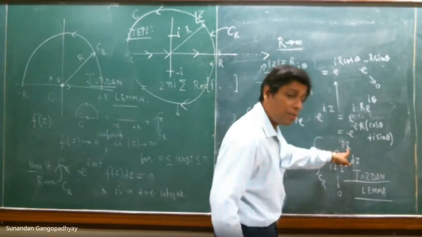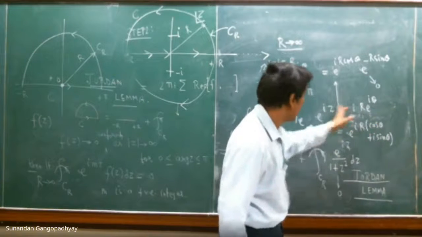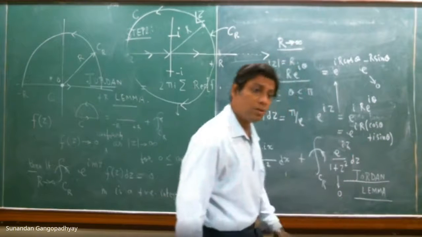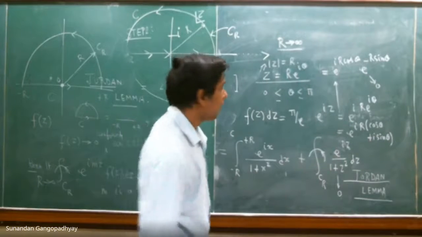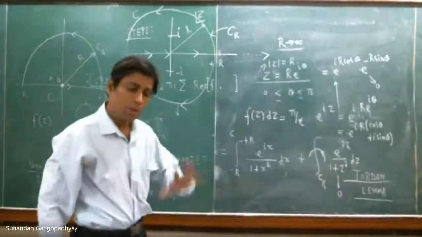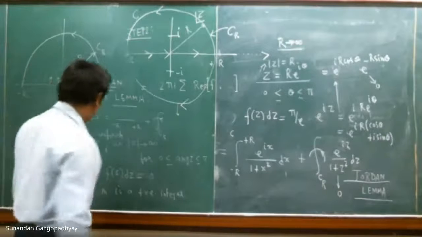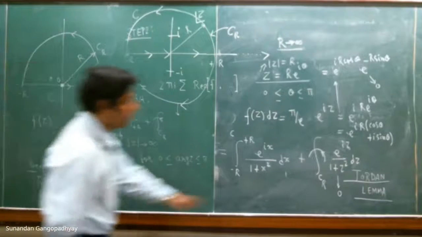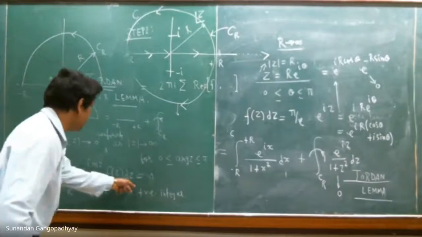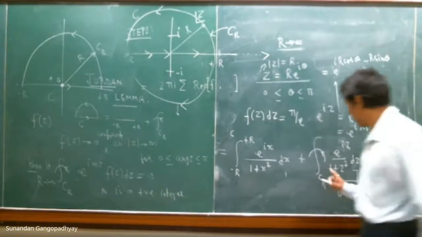Why? Because e to the power of iz, as I mentioned, if you put z equal to R e to the power of i theta in place of z over here, then this thing as a whole goes to 0 in the limit R tending to infinity. Why? Because you have an exponentially decaying factor. So as a whole, f(z), which is this quantity, goes to 0. So it satisfies the second condition, and therefore the limit R tending to infinity of this integral of e to the power of i m z f(z) dz is equal to 0. Only one thing that I would like to mention.